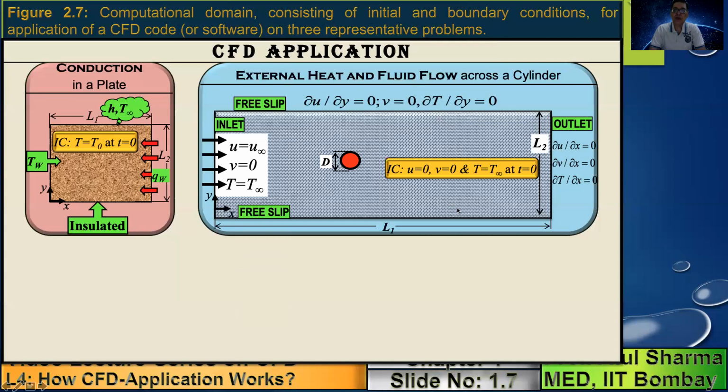This is the top boundary and bottom boundary of the domain. Again, this is chosen such that with further increase in the height of the domain, there is almost no change in the results. So as you move very far away from the object, u will be equal to u infinity. But at a smaller height, you will find a boundary. The fluid flow obeys a type of boundary condition called the free slip boundary condition, which means that the normal velocity at this boundary is equal to 0, and the normal gradient of tangential velocity is equal to 0, and the normal gradient of temperature is equal to 0.